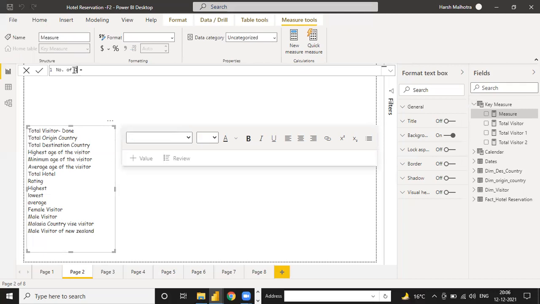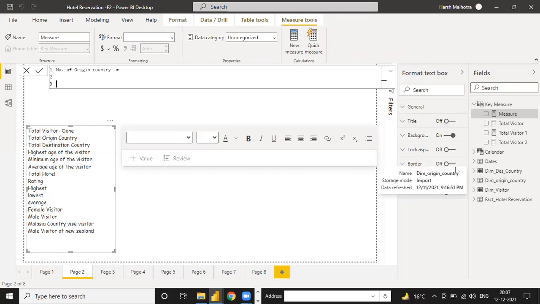Tell me, because origin country is mentioned in which table or which column? Then only we can refer the function. Yes, we have both, right? Dimension also, fact also. So we can calculate this from the dim table as well as the fact table.